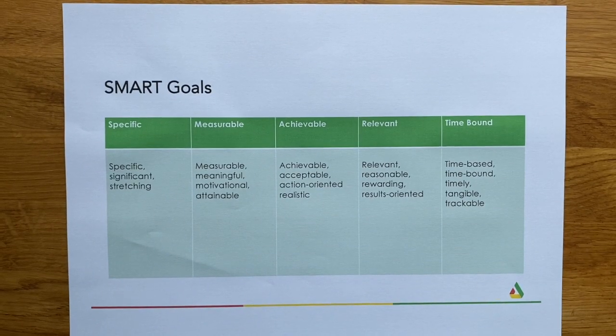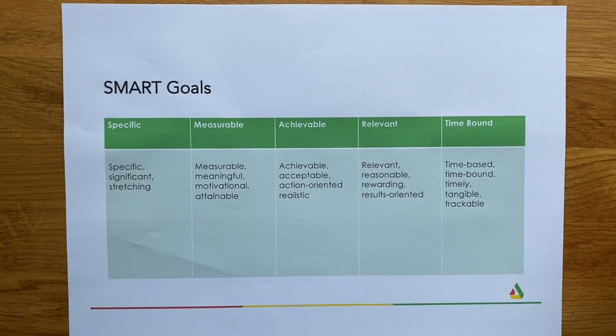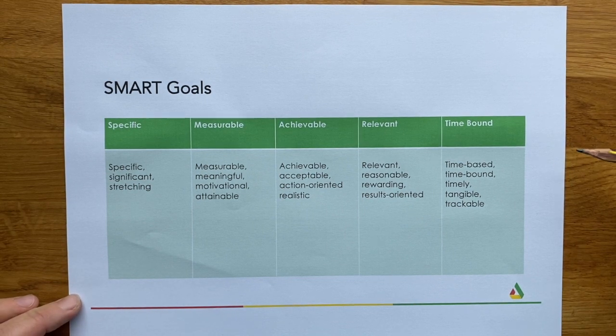So the first model that I'm going to talk to you about is called SMART goals. It's really common. I'm sure that you've come across this before. It's just a really simple way of thinking about what you would like to achieve and structuring it so that you actually do it. It's a way of holding yourself accountable, really. So think about where you are at the moment, what the role or area of work is that you would like to achieve, and what's missing.